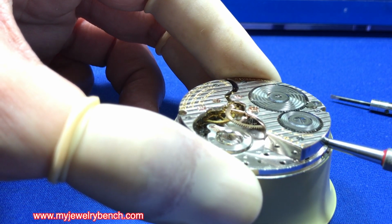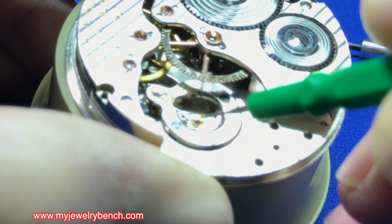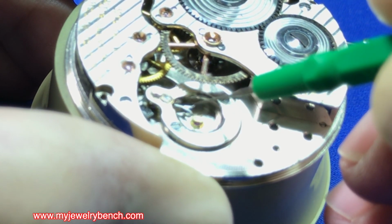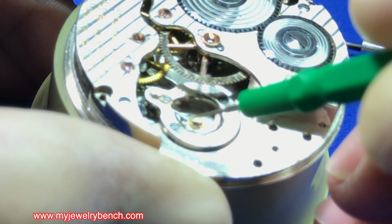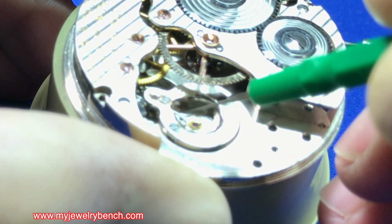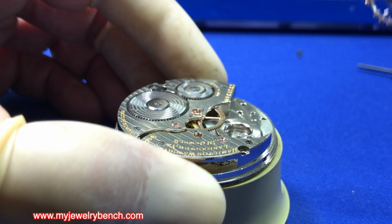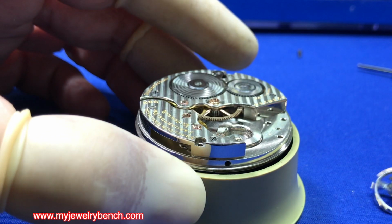Now I'm going to give it a wind and put some pressure on the mainspring, and that should allow me to test the pallet fork and make sure that it does kind of torque itself over in each direction. And here's where we can make any minor adjustments that we need to with the pallet fork to get it to run correctly. The next thing I'm going to do is insert the